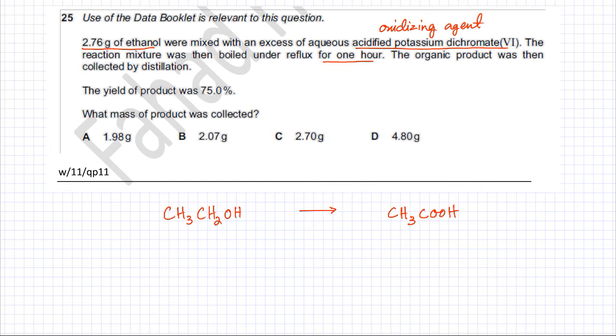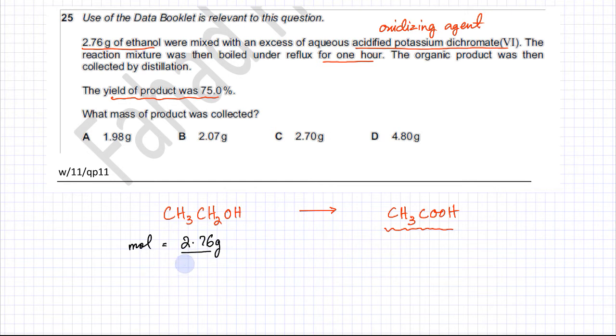The organic product was collected by distillation. So this is your organic product that is formed, and the yield of the reaction is 75%. Now to start with this question, I'm going to use the information first, which is that you have 2.76 grams of ethanol. If you're given the mass, you can find the moles. Moles would be mass divided by the molar mass, which in this case is going to be